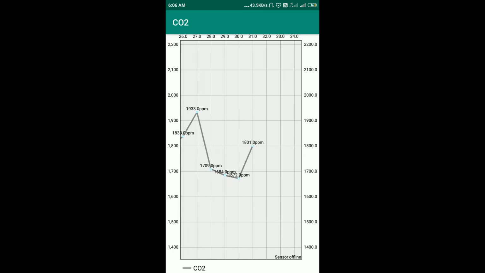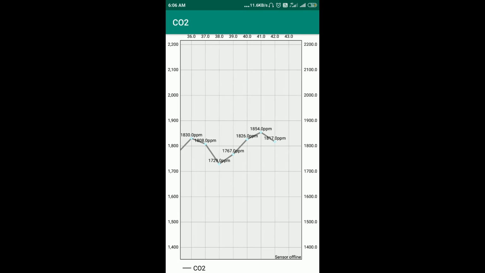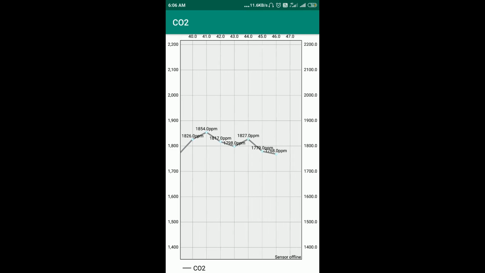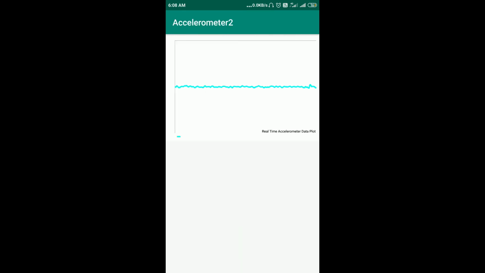And CO2 in ppm. The accelerometer sensor has a distinct property and is plotted differently.